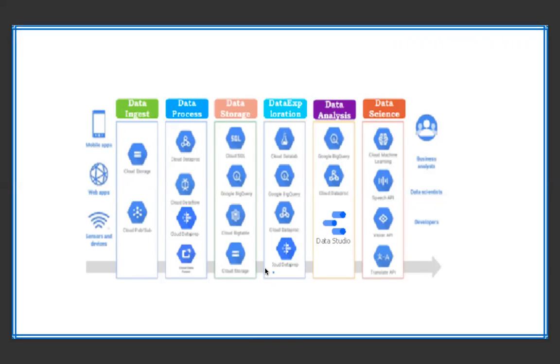So once your data has been pre-processed and brought into usable form, you can store your data into storage services. Again, on Google Cloud, we have various storage services. We have Cloud SQL, which is like an RDBMS, Google BigQuery, which acts as a data warehouse. Then we have Bigtable, which can be used as a NoSQL database, and then Cloud Storage, which is normally used to store your unstructured data.